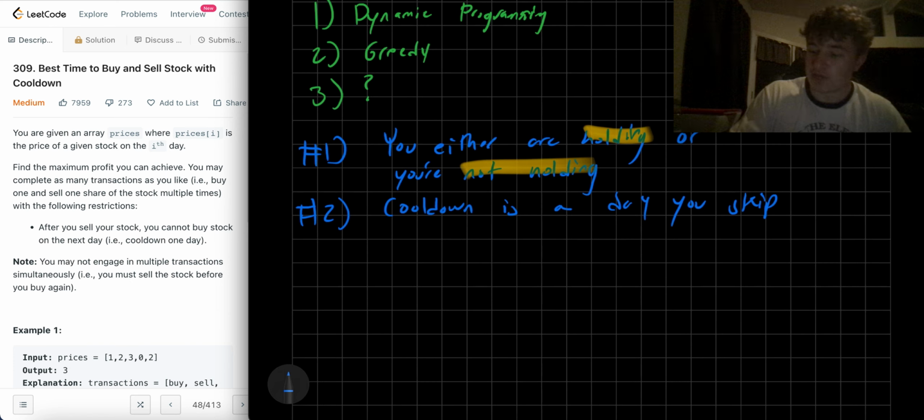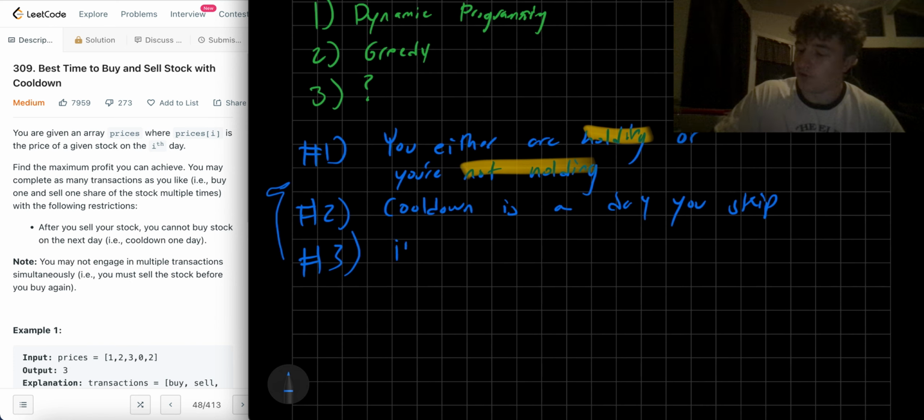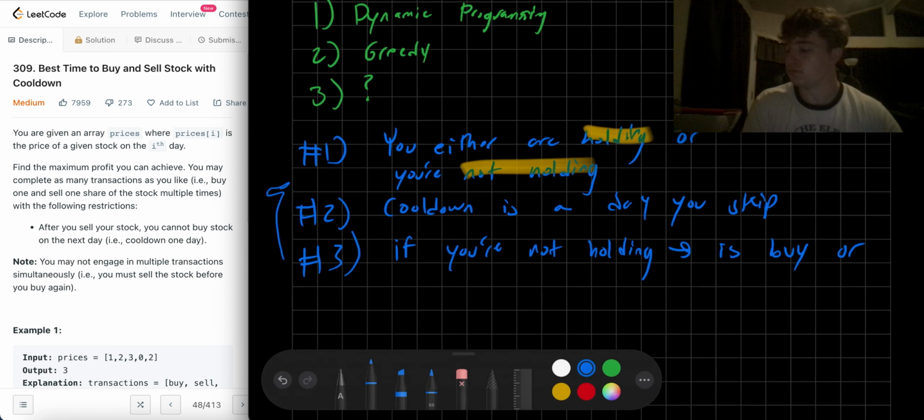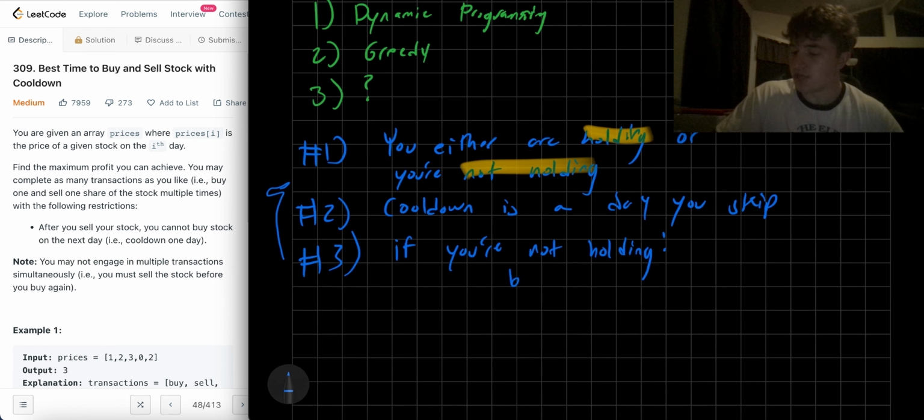And I guess the third observation, which corresponds to this first one, is if you're not holding, all you can do is buy. If you're not holding the stock, you have two options. You can either buy or continue not holding. And all of this will make sense in a moment, why I'm playing this weird game